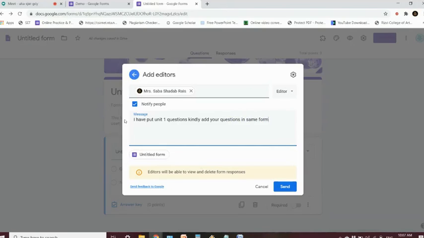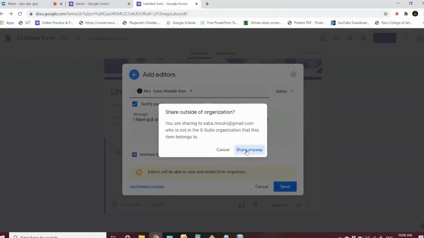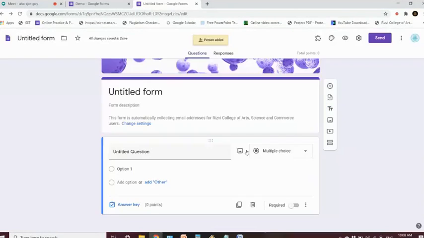So the collaborator will get this message also, and will also get access to edit this form. So let this message go. Now that message has gone. Now you can see here the symbol. The other teacher, who is sharing the paper with you, can add the questions here.